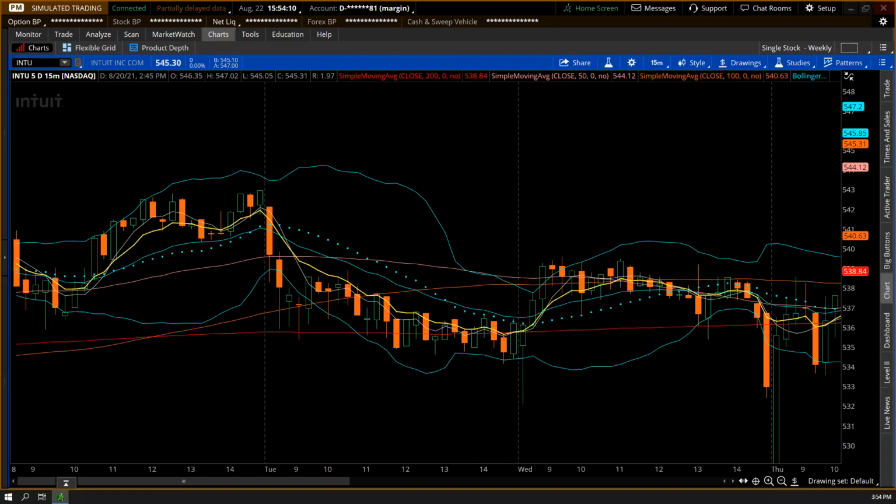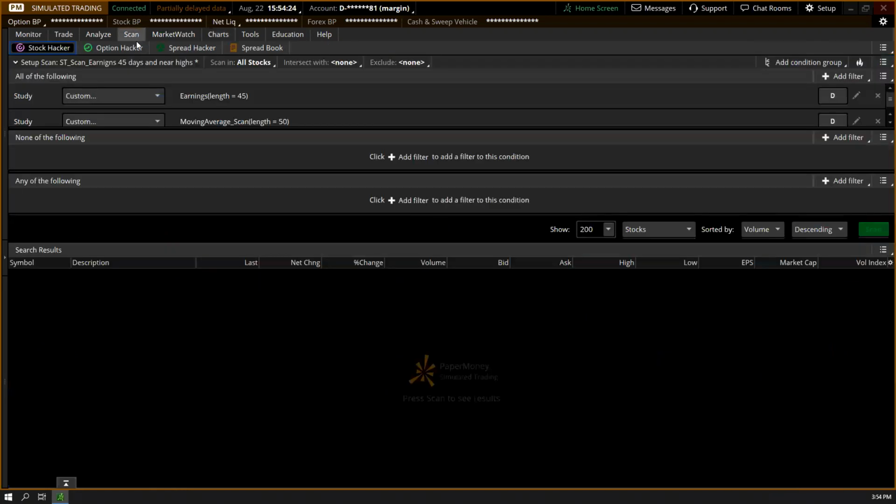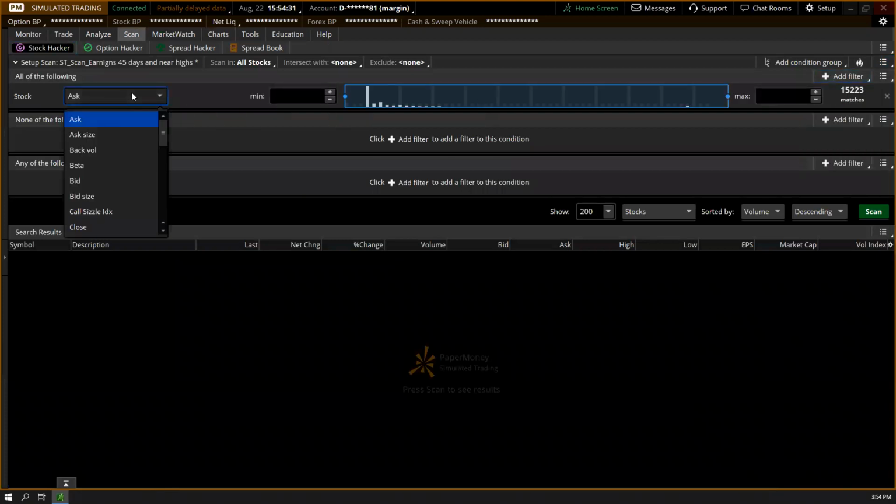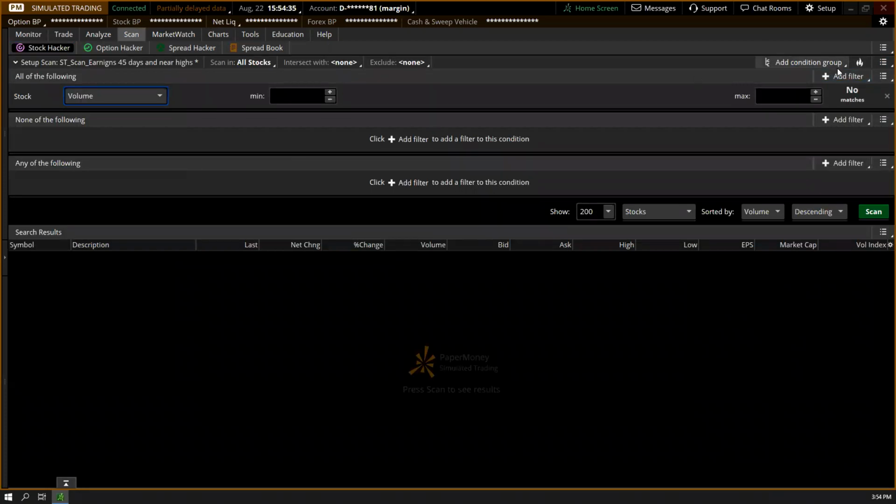And any way to check sudden spike in volume of a stock on a minute basis? You can probably write a script for that. We have to go to scan and then add a filter. Stock based, looks like, right? There is a volume here. Sudden spike in volume, right? I don't know. You have to come up with a formula of 1.5 times or 2 times, say 100,000. Whenever you say sudden spike, you have to compare it with respect to an average, right? So you have to play that around, but I'm just taking this, and then you can change this to